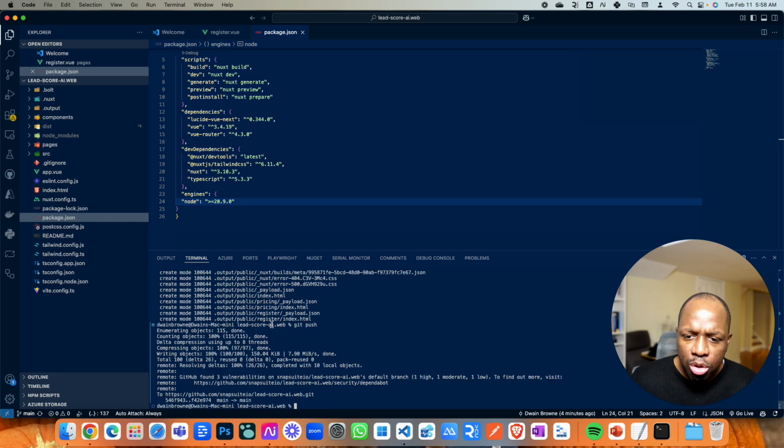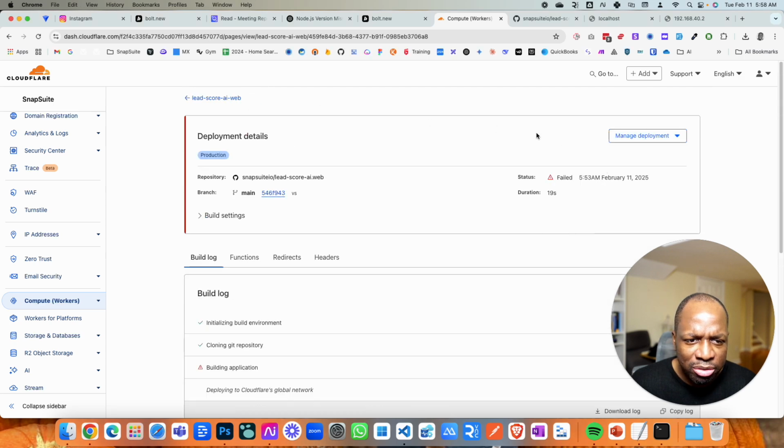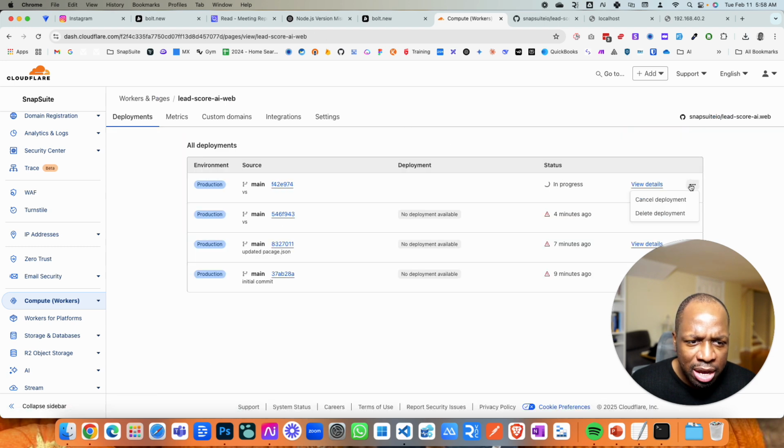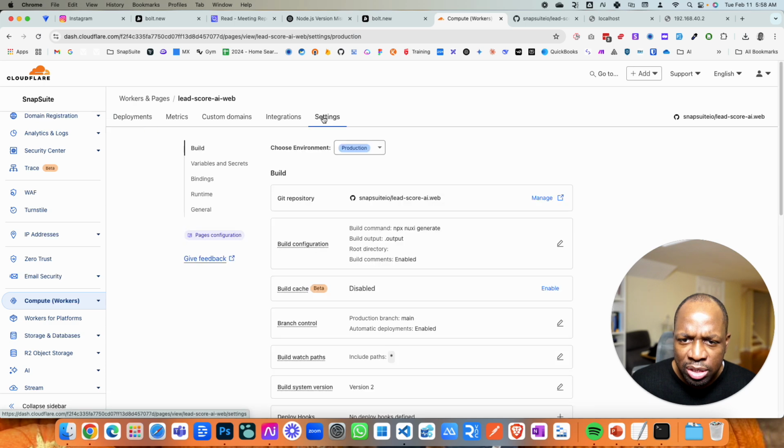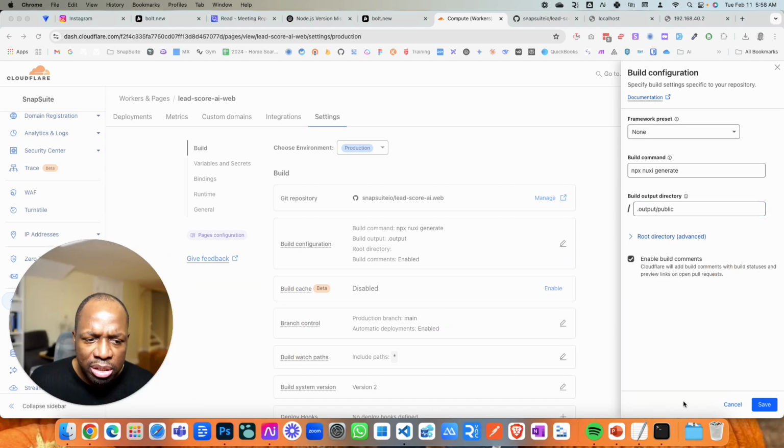Okay, so the output directory, output/public. Actually, you know what? That's the actual directory. So that might be the case too. Let me just double check what happens if I change that. Go back here. I made a mistake. Cancel deployment. Let's go to settings and then build configuration, and that should be output/public. I don't think that makes a difference in this particular case,